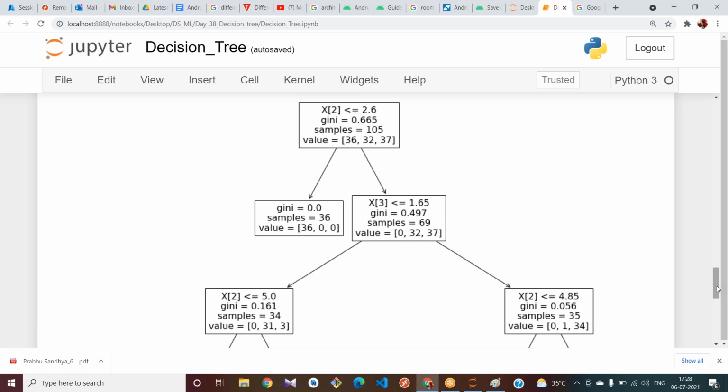What is Gini? Gini is also one impurity. It tries to calculate the uncertainty of your data. Same as your entropy. But Gini uses one formula and entropy uses other formula. Entropy uses the logarithmic functions, but Gini uses other formula I have shown already. It is also one measure of impurity or uncertainty for your features.